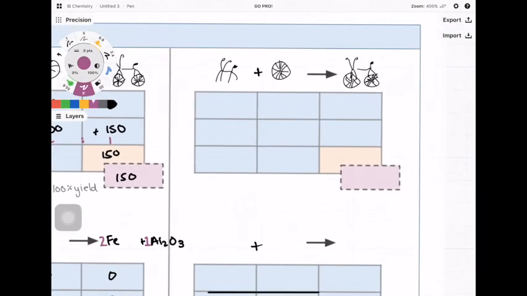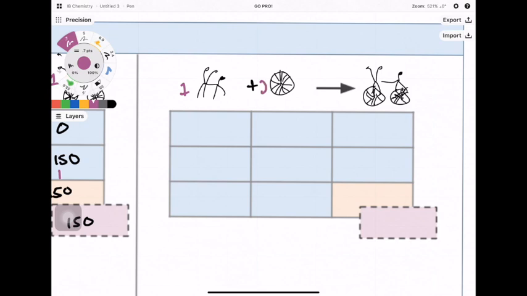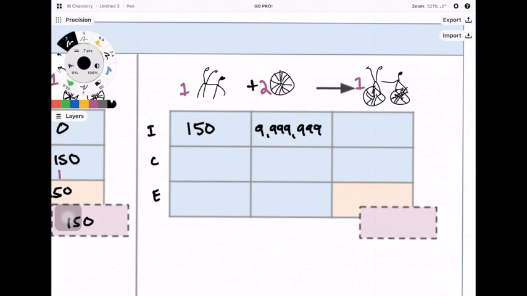One last example with the bikes. So again, I have a 1 to 2 to 1 ratio where we need 1 frame for every 2 wheels. This time though, my initial amounts are a little bit different. I have 150 frames, but